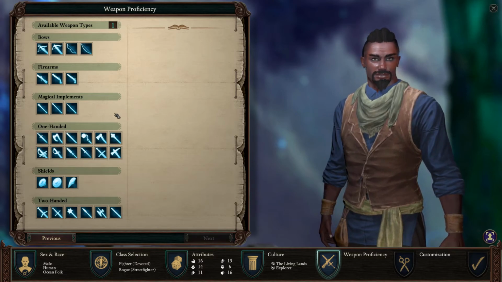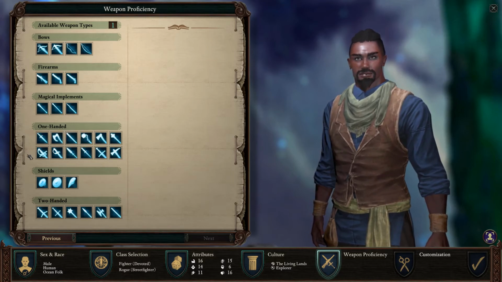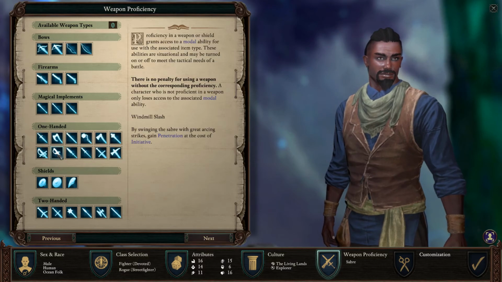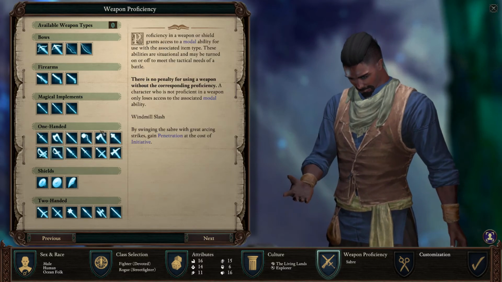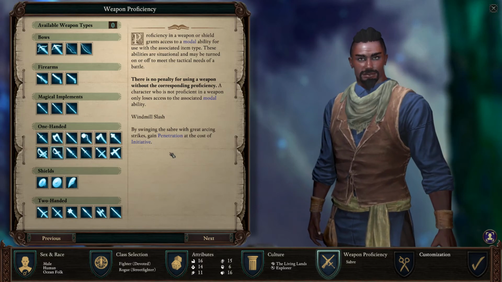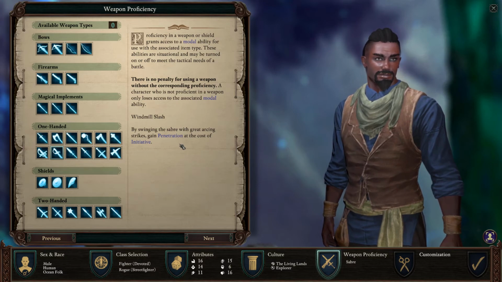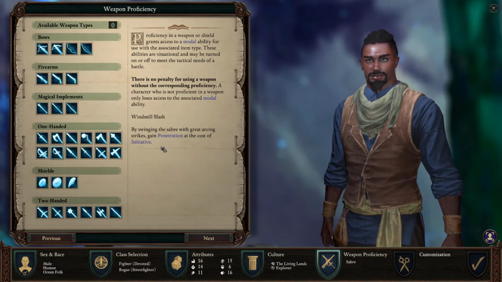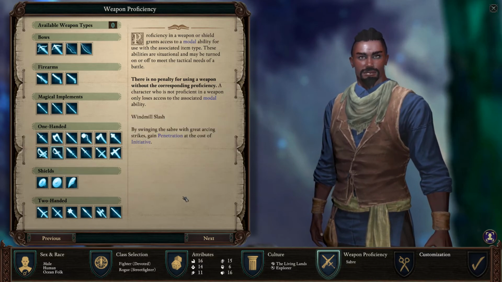So we get 1 choice for this entire game. Did he use a... No, he used a saber. I mean, in like D&D, sabers are pretty decent. Windmill slash by swinging the saber with great arcing strikes. Gain penetration at the cost of initiative. I mean, our initiative is already screwed, so...